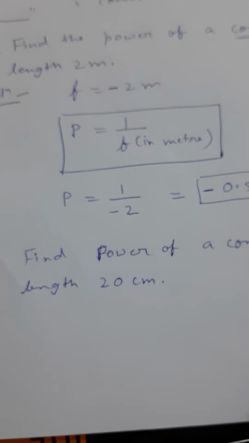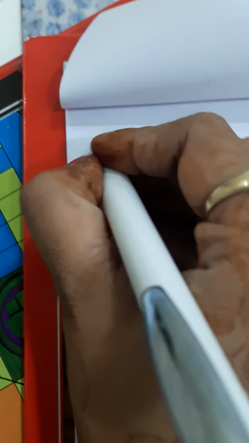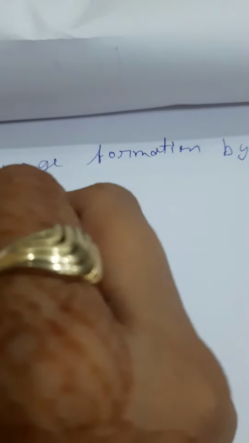Okay, try this question. Now I am moving back towards image formation by lenses. We will discuss that one. For image formation, as we did with mirrors, first we will discuss some rules. So I am just discussing rules for image formation by a lens. Okay, so we will talk about rules.